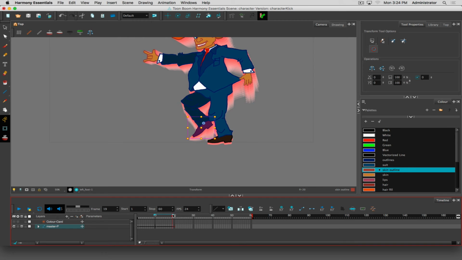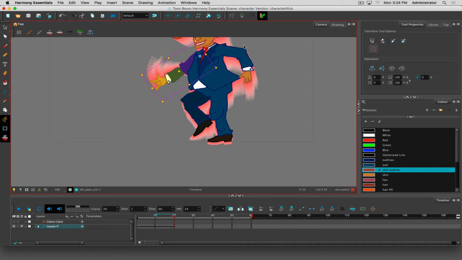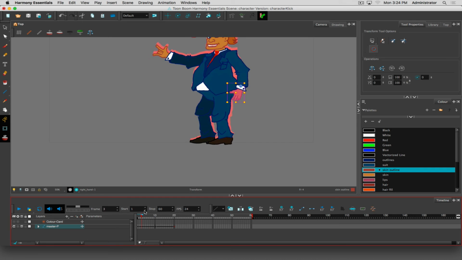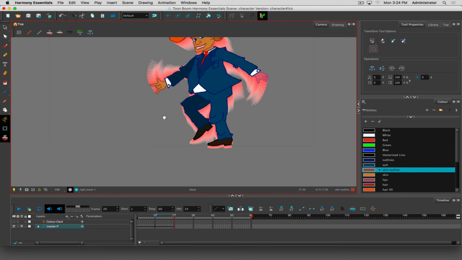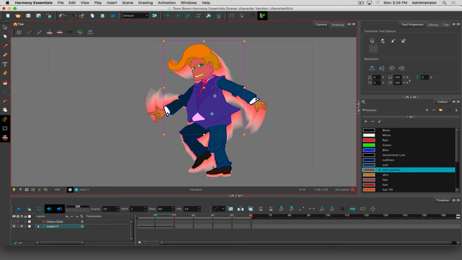Now, as it's going up, as the body goes up, it's typical that other body parts are going to come down as they respond to the momentum and movement of the body, and also just for balance. So now we can, if I scrub through, and I think I want to dip the head even a little bit more now at this juncture. It's personal preference